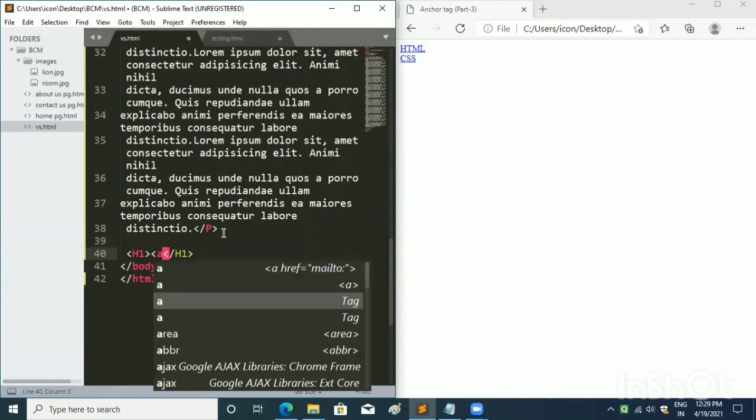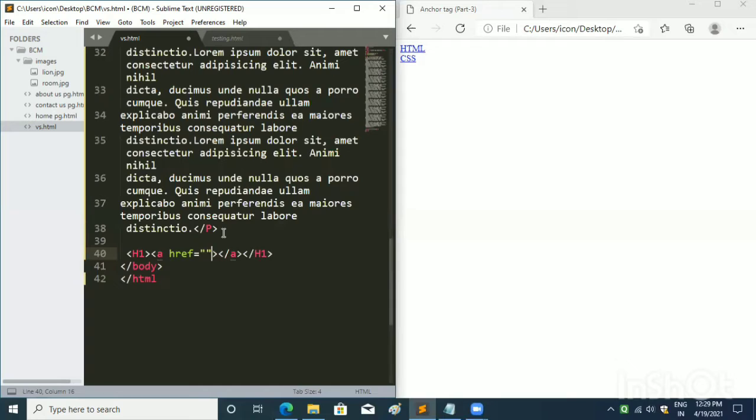I will remove href attribute and write name attribute in the anchor tag. I will write head2 in the name attribute, and in anchor tag I will write CSS.